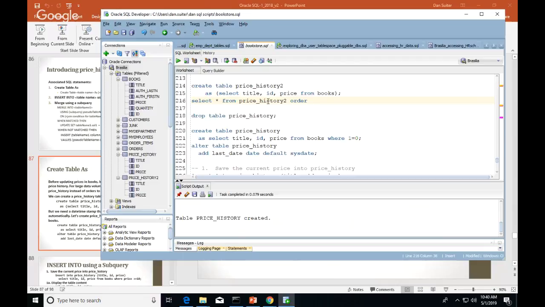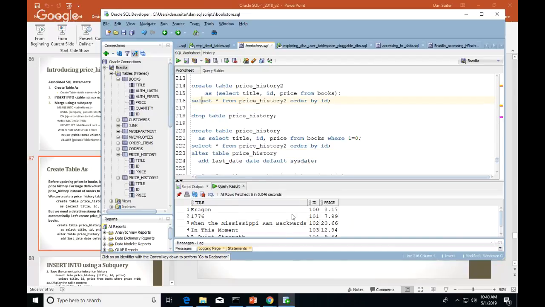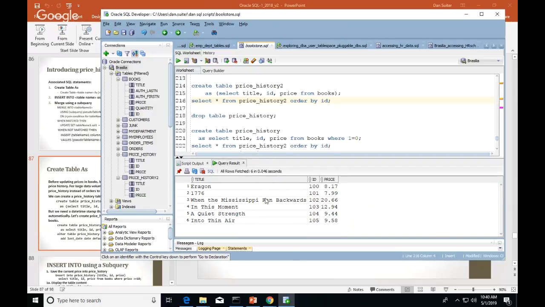And you may want to order by book number, or order by ID, just so that there's some sense of consistency in the outputs here. Okay, so price history 2 is the information below. And I'll pin that. And then if I go look at price history, which had this where 1 equals 0,